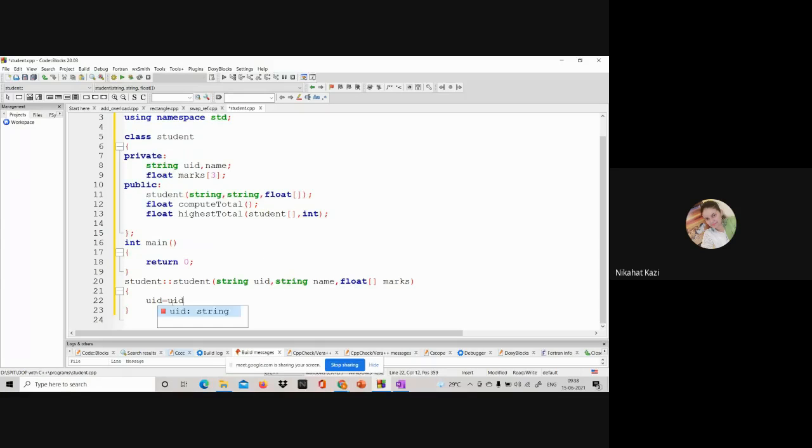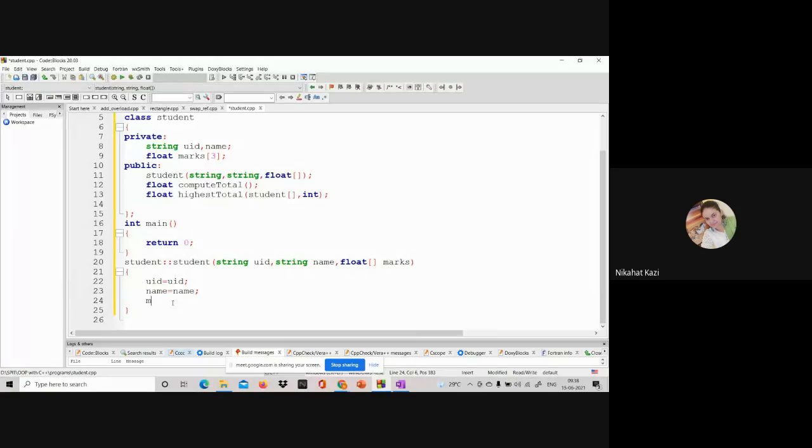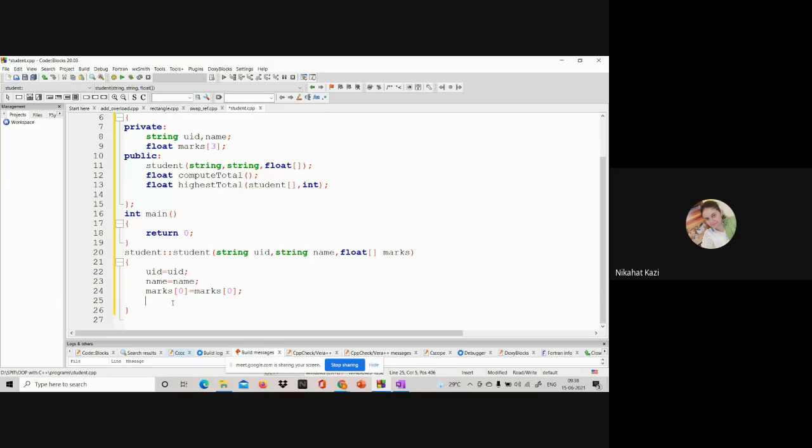Now it will become name is equal to name, marks of 0 is equal to marks of 0, marks of 1 equal to marks of 1, and marks of 2 is equal to marks of 2.